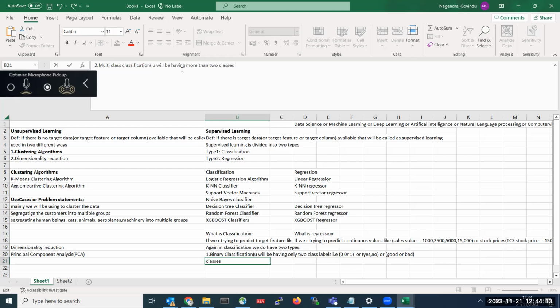So you will be having more than two classes, that is 0, 1, 2, 3. Let us suppose, here I have taken how many classes? I have taken 4 classes. It can be up to any number of classes like 10, 20, 50, 100, whatever it is. More than 2 classes. If you take it in the text, same thing: good, bad, neutral.